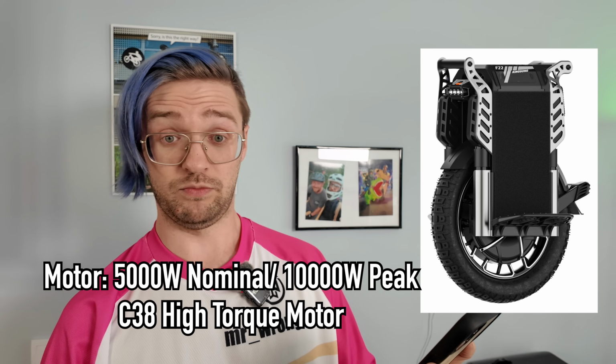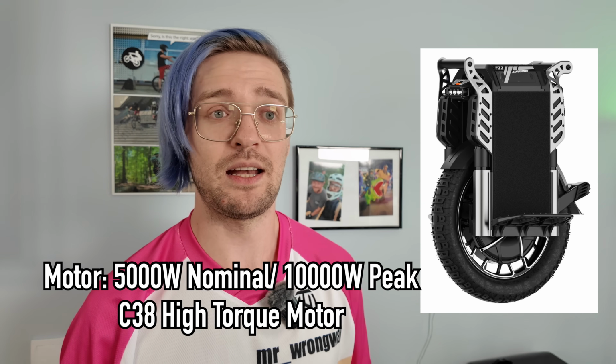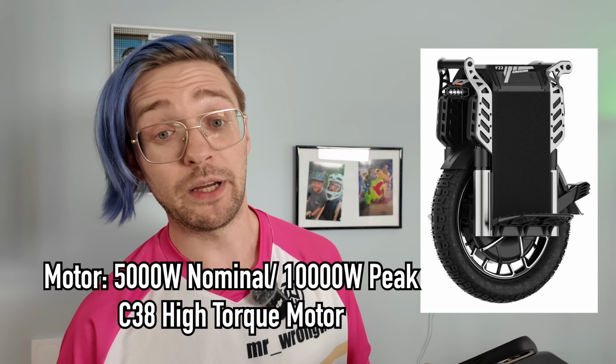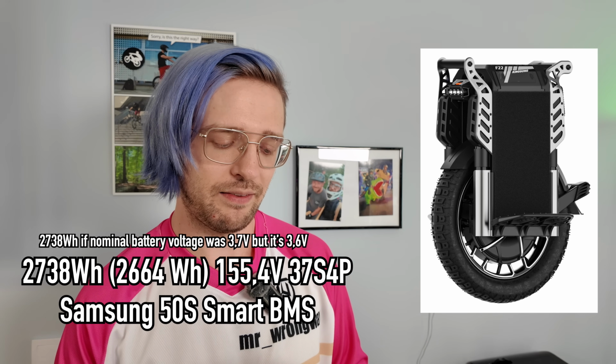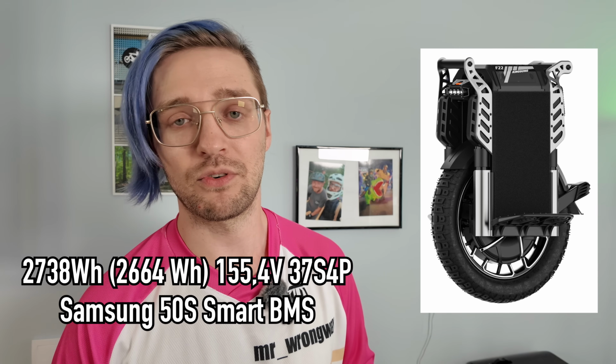When it comes to motor power, 5,000 watts nominal, 10,000 watts peak. On paper it looks like a lot, but if it's anything like the watts that you have on the S22, it will be underwhelming. And when it comes to the battery, I just feel like they were like, okay, let's just make more volts, then people will like it more. So they added one battery in series per side on this wheel. So we have a 37S battery pack, super weird, 155.4 volts, totaling